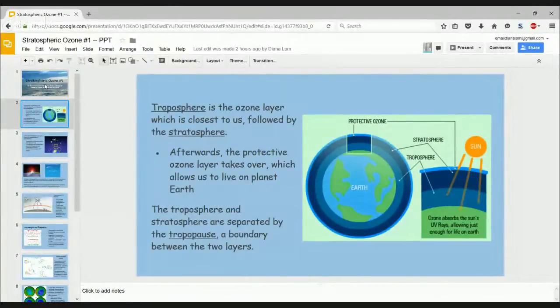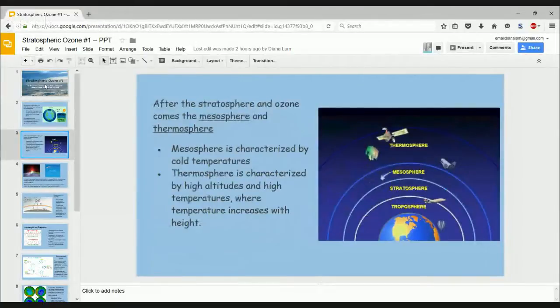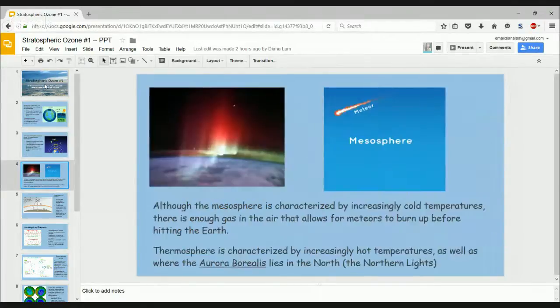Moving on, above the protective ozone layer and the stratosphere, there is the mesosphere and thermosphere. In the mesosphere, there are cold temperatures, and in the thermosphere, there are mainly high altitudes and higher temperatures. So when meteors are on the verge of hitting the Earth, they still burn up despite the cold temperature in the mesosphere because there are enough gases that allow for this burning. The thermosphere is extremely hot,